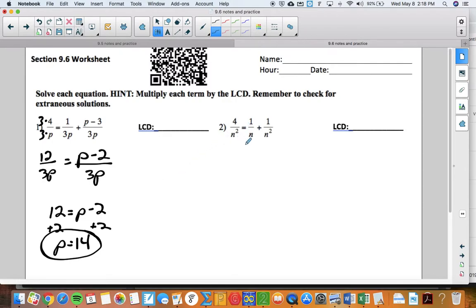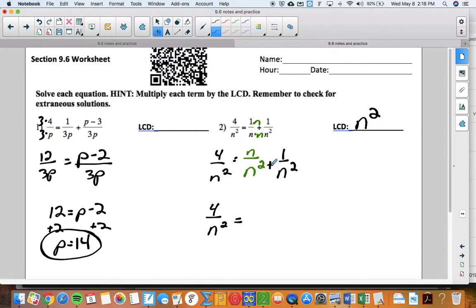Number 2, what's my common denominator going to be? N squared. If I multiply the middle fraction by n, I can get an n squared there as well. So I would have n over n squared, but then if I bring down the rest of the equation, it's 4 over n squared equals my new fraction, which is n over n squared, plus this last fraction, 1 over n squared. So on the right side,